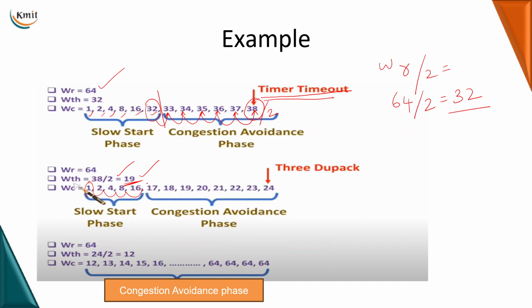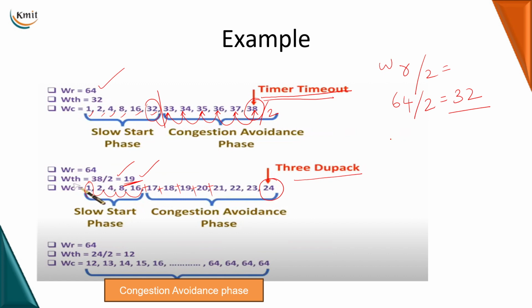If I go 16 into 2, the value will increase, it will become 32. So what will I do? I will stop here because I am nearing the threshold value, and then from here I will go with the congestion avoidance phase, where I will keep on adding 1: 16 plus 1, 17 plus 1, 18 plus 1, 19, 19 plus 1, 20, 20 plus 1, 21, and so on. For example, at this point of time, I got another warning, a less severe sign of congestion, that the device has received 3 duplicate acknowledgements.